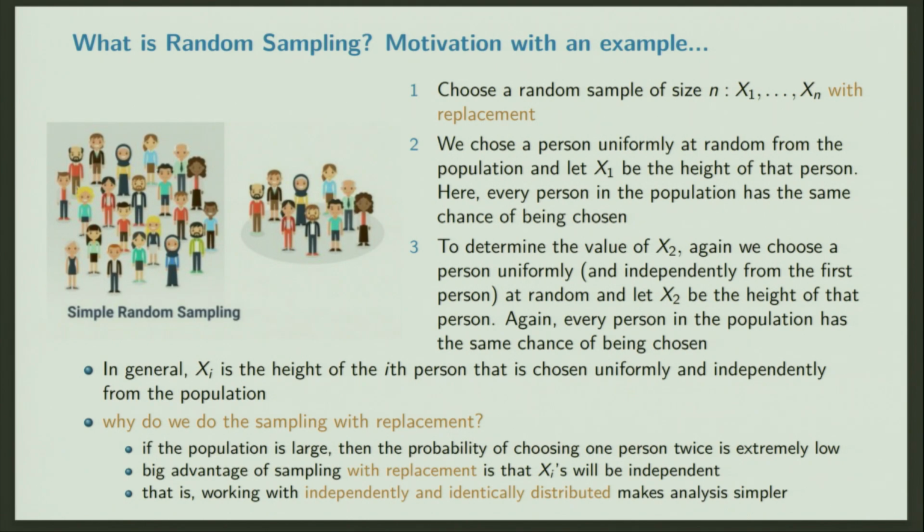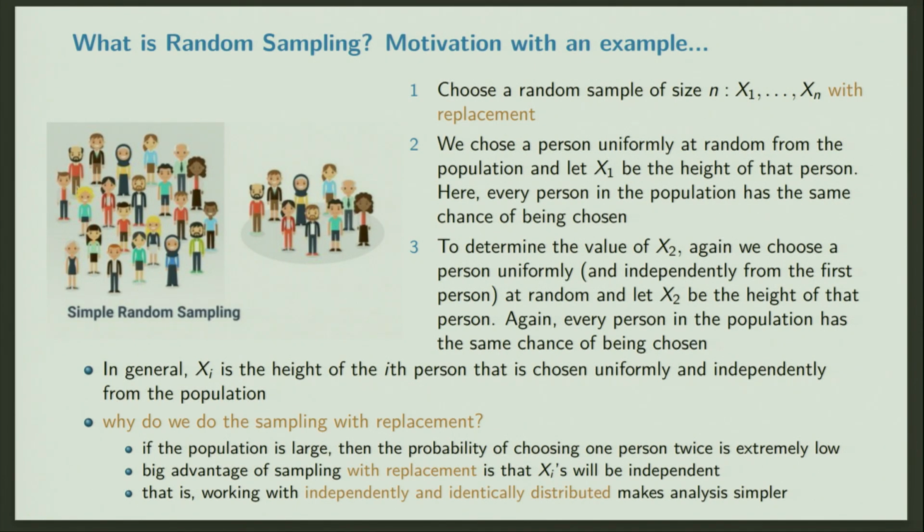Ideally you should not have done replacement, because if I ask someone whom they are going to vote for, and I'm sending that person back again, I might pull the same person again. But from a maths and reasoning point of view, it's very rare that I will pull the same person again. So all this makes sense, and I keep things independent and identically distributed. It makes the maths very tractable. So you will see IID everywhere. So we will have random samples.